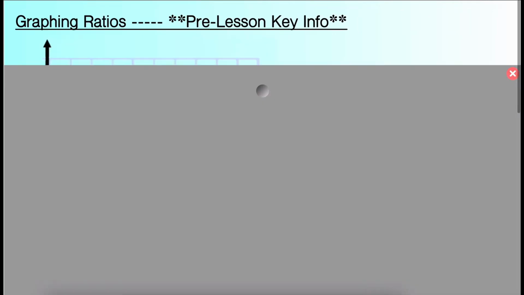So this is chapter 3, lesson 4. And in ratios world, today we are going to be graphing ratio relationships. Here we go. Before we get into the actual graphing of ratios, let's do a little bit of a recap of